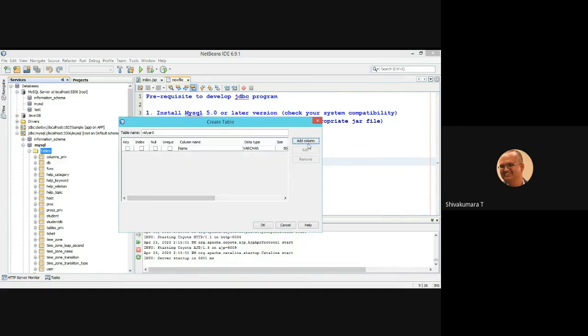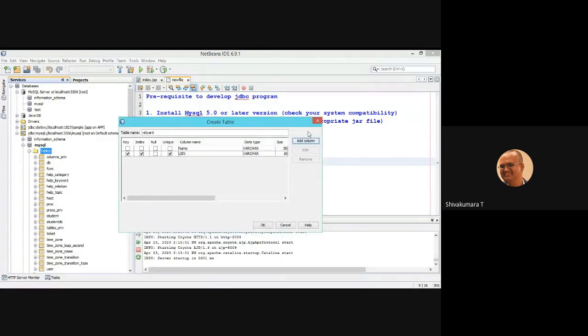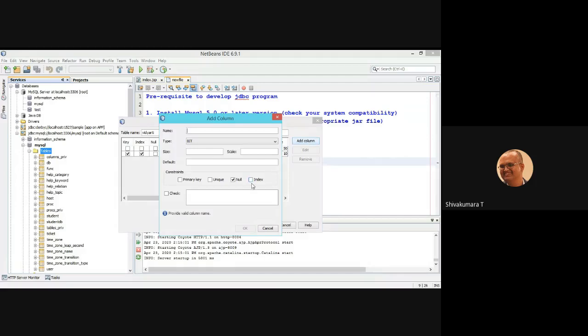Then next column, USN, university seat number, where the maximum length of the USN is 10. I am enforcing this constraint as primary key constraint, so it supports uniqueness. Then click on OK. Then what else you need to add?